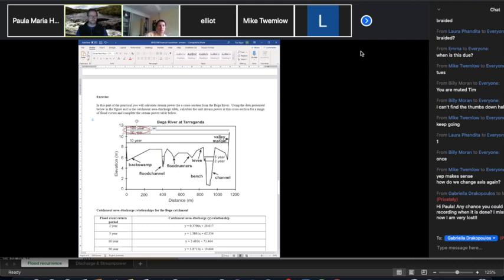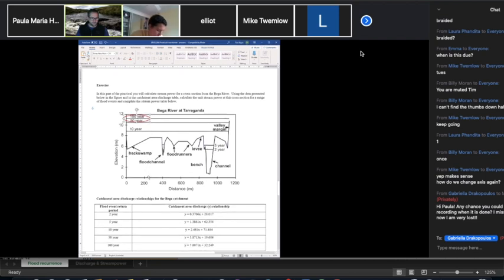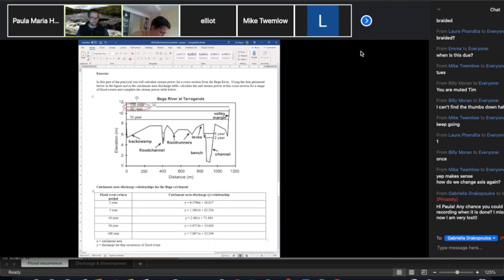So for each of those flood events, what we've given you here is the flood return period and an equation which reflects the catchment area to discharge relationship for that particular flood event. So it is the solution to a line, but not the same as the one we just plotted up. What we're going to try and solve this for initially is, again, to calculate the discharge for each of these